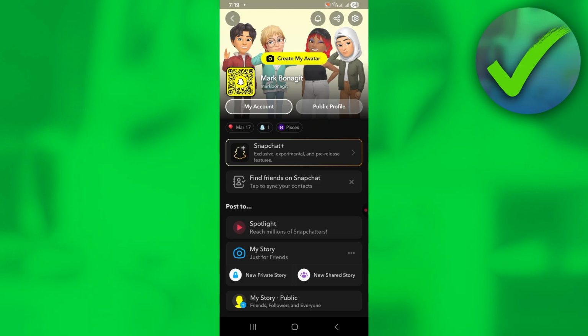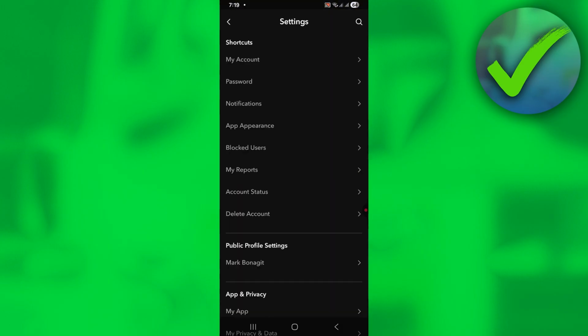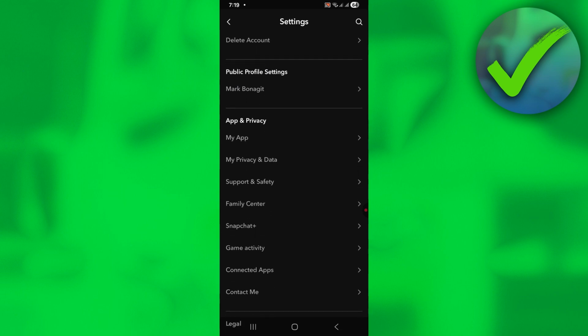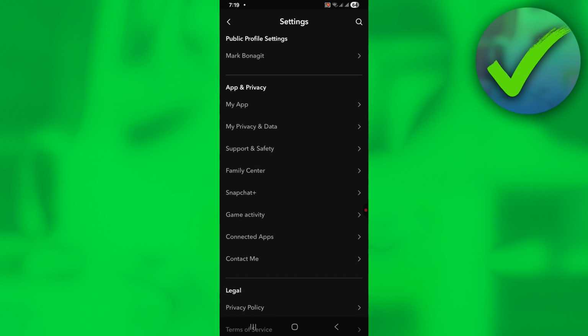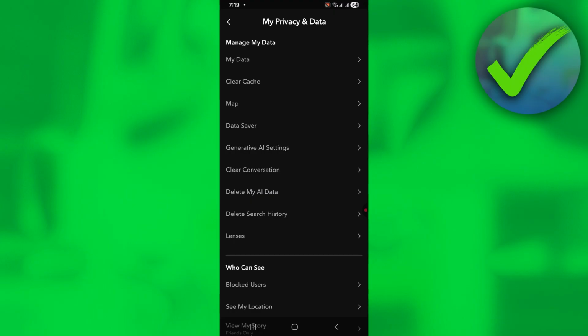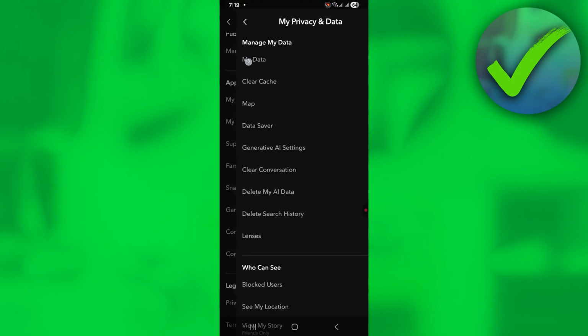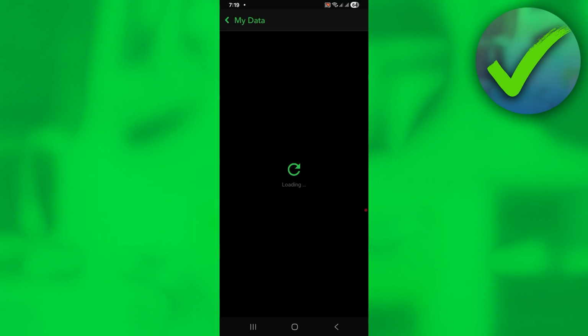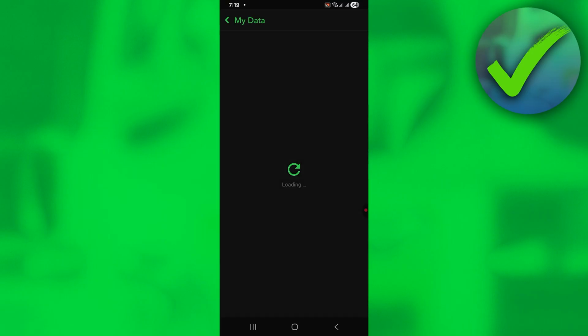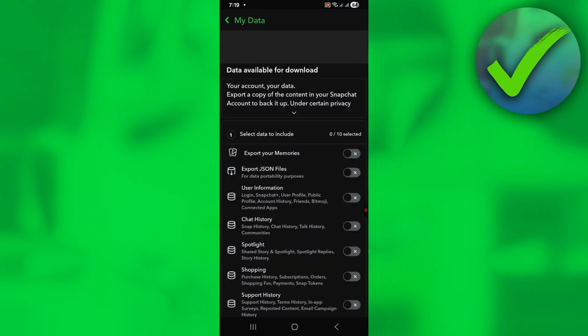And then in this part, just scroll down under the apps and privacy, and then click my privacy and data. So click on that. And then in this part, what we are going to do is to click on my data, which is right here. And then after that, once you click my data, you should now be able to download all of your information in Snapchat. So in this part, what we are going to do is to just click export your memories,